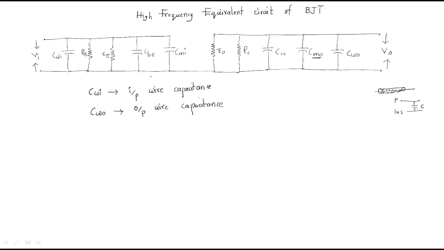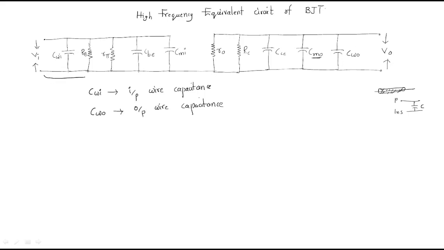High frequency equivalent circuit of BJT. That is, we have the input side having CWI, base resistance RS, CBE, CMI. Output side: RO, RC, CCE, CMO, CWO. Right? So if you observe here,